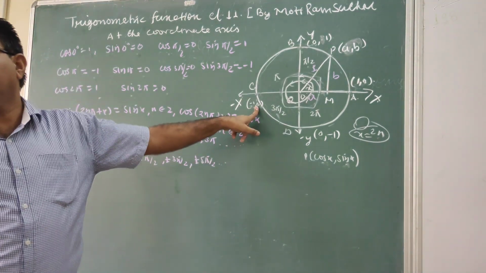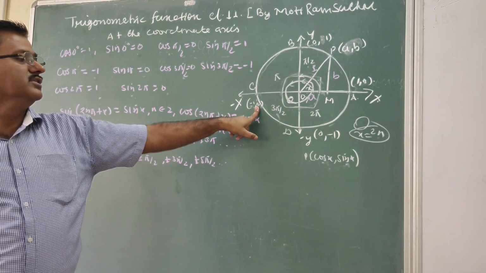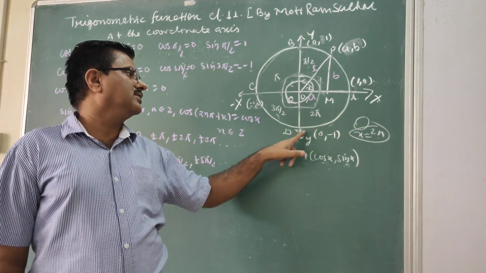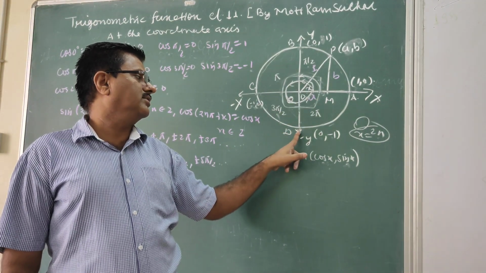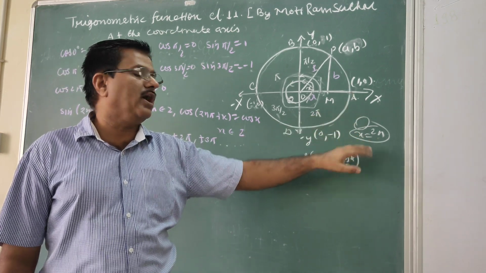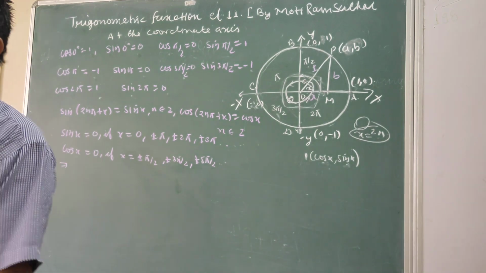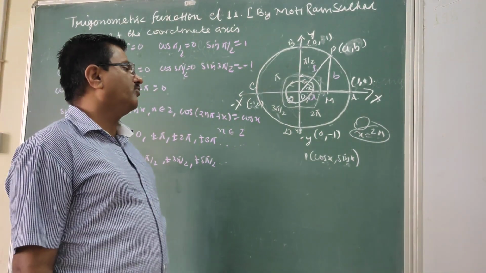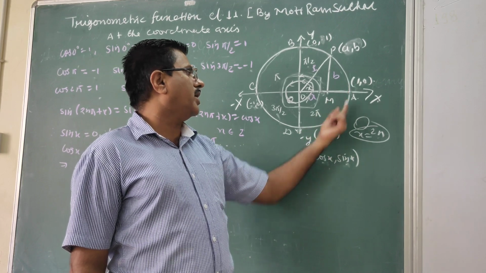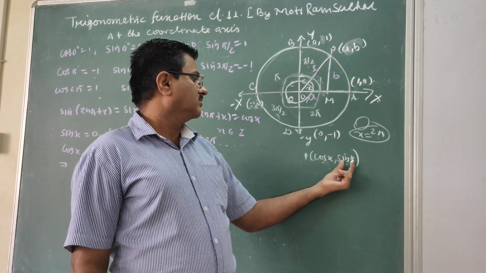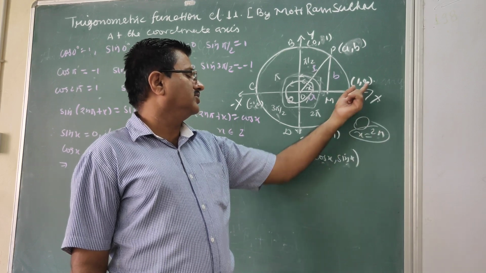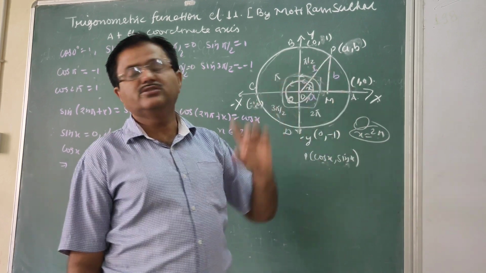So this is after completing 1.5 rounds. Similarly at D, and then again, after the second round is completed, that means 2 pi plus 2 pi, which is 4 pi. So when x equals 4 pi, we again get the same values as before: cos 2 pi is 1, so cos 4 pi is 1, and sin 2 pi is 0, so sin 4 pi is 0.